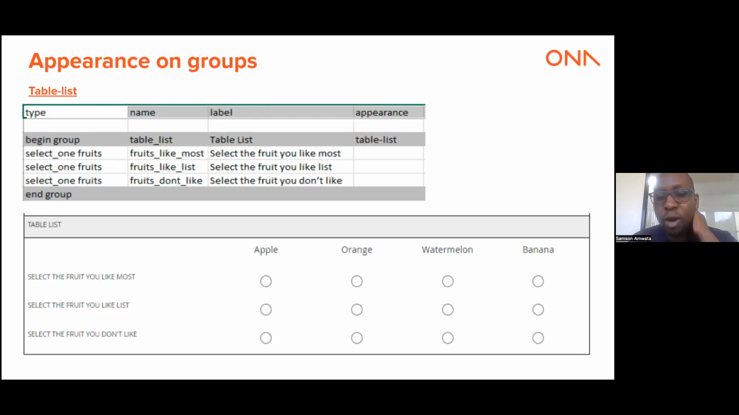Yeah, if you want to include text, what you'll do is use the matrix layout that I showed earlier, rather than a table list. Because what the table list does is that it only works with select one. When you select certain choice options, those choice options are shared across the questions. So if you wanted to have text here, then you'll format that to a matrix